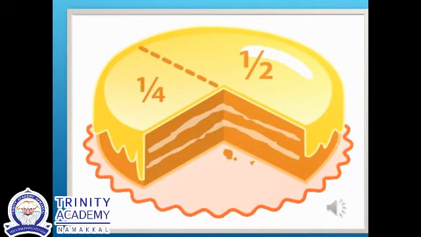Consider this an example of a pizza. Okay. So in the pizza, the half part is 1 by 2. So on this half, 1 by 4, a quarter, has been cut and taken. So 1 by 4 is remaining. That side, the half portion, is remaining. So 1 by 4 is taken away.